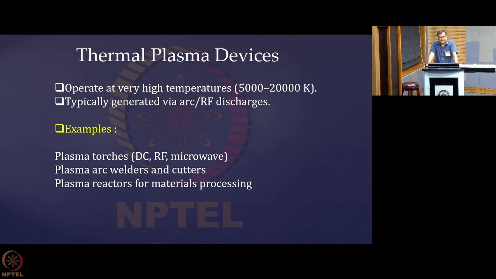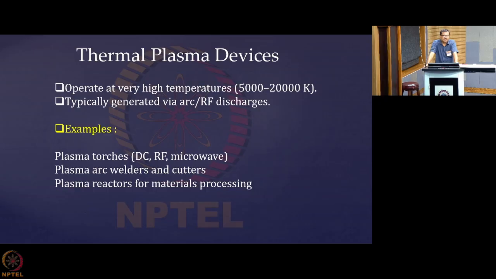So thermal plasma devices, they operate at high temperatures. This very high, whatever is written there, is compared to a regular experience. This is not with respect to the fusion kind of plasma, where you get millions of degree Kelvin. So compared to our daily experience, where we are used to temperatures of less than 100, this 5000 to 20,000 degree Kelvin is really high, and at this temperature any material will not just evaporate, it will become plasma. Okay, they will get ionized as well.